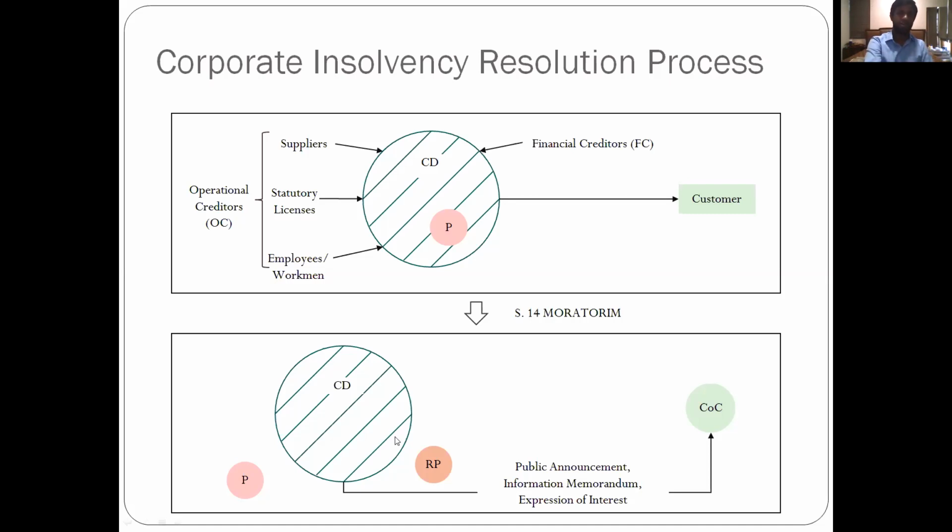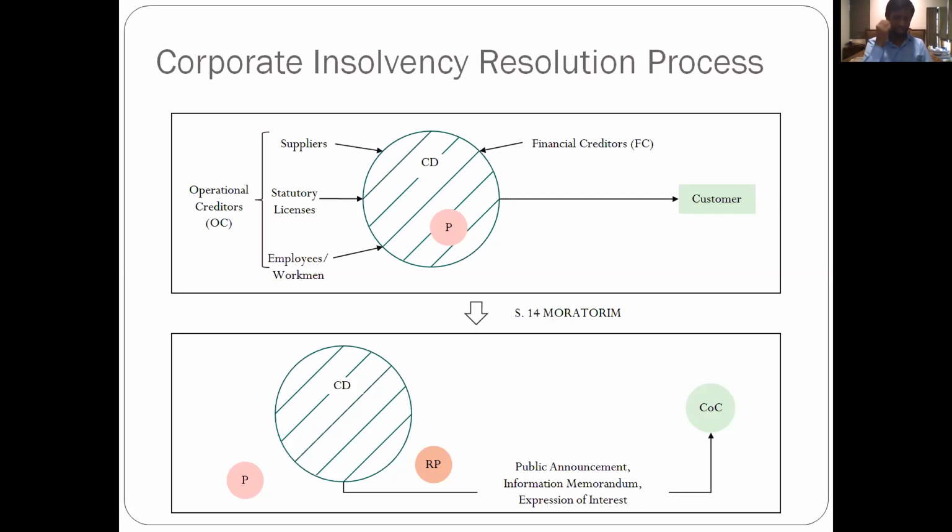Your RP, which is your resolution professional, more on that later as to what this RP is, is a creation of the statute. But essentially, there is a new management which comes in. He is a specialized expert. He is either a lawyer with 10 years experience, a chartered accountant with another 10 years, or a cost accountant. So here's a person with some experience and some idea of the law and finance on his side. He comes in and takes over your company. So think of it as a hostile takeover, except that there are no shares involved, and you failed to pay your debts, which is why a new person came in.